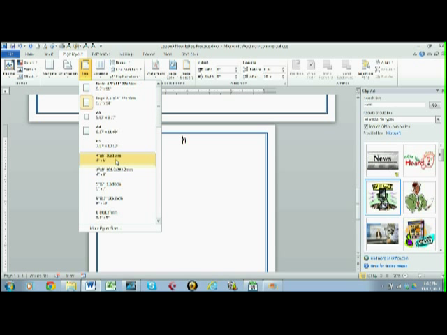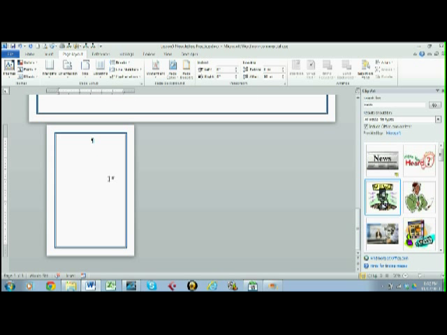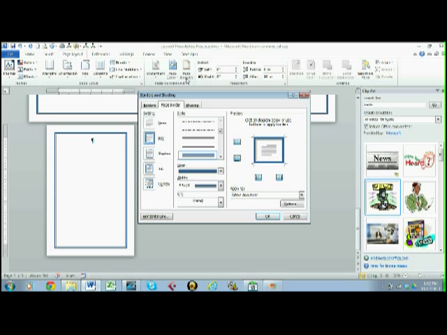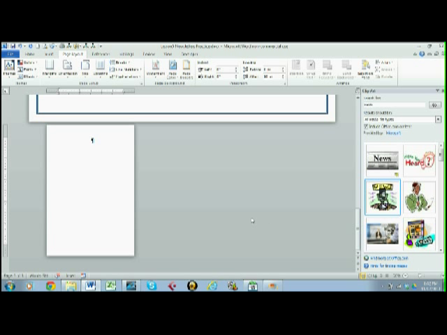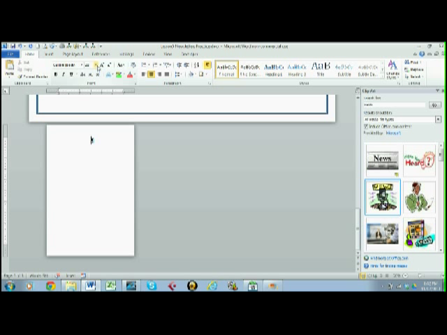Let's do a 4x6 insert. Okay. And let's take the page border off of this section. We're going to change apply to this section, and we're just going to remove the page border. And click OK. And let's change the font back to a normal size font, 12-point font here. And let's type in,